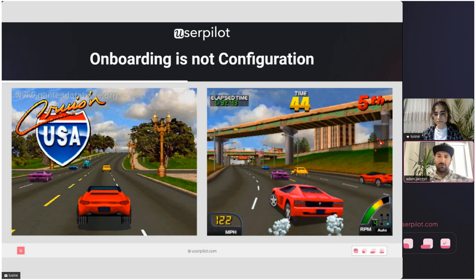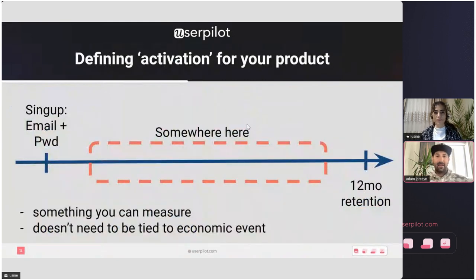So all this is just food for thought for our Q&A later. But Lucina, if we go to the next slide: defining activation for your product. This is always a challenge for teams, and it's hard to land on. When I work with teams on how to pick a moment that's defining activation,